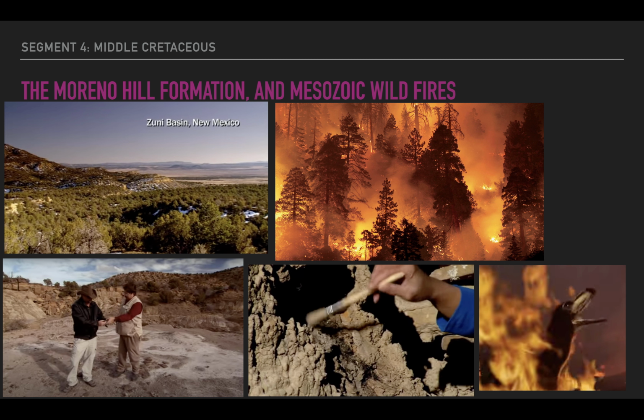And apparently, based on what I watched of it, they based this whole sequence off of, and I don't know if this was found in the Moreno Hill Formation, some rocks that, in the picture in the bottom center, Karen Chin is etching out, where she argues that there is evidence of a forest fire going on, that we find burnt wood, very, very black wood that would indicate some evidence of forest fires. Now,